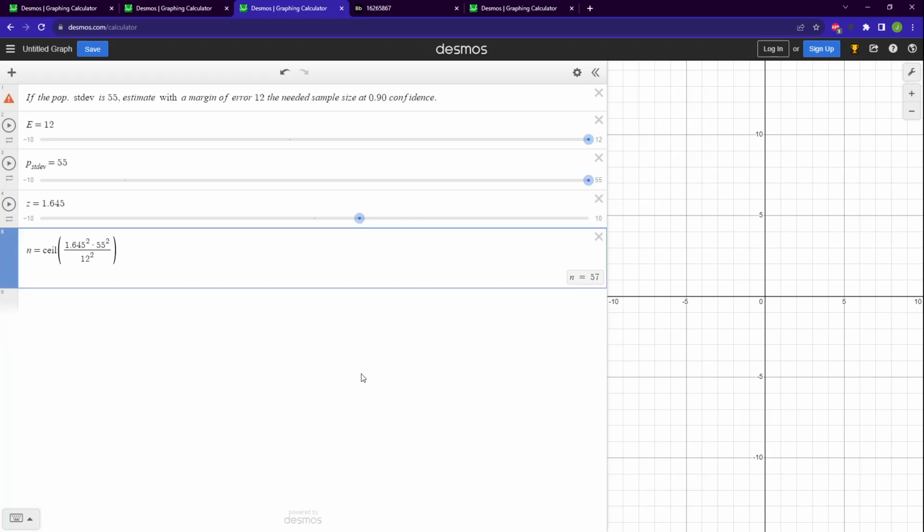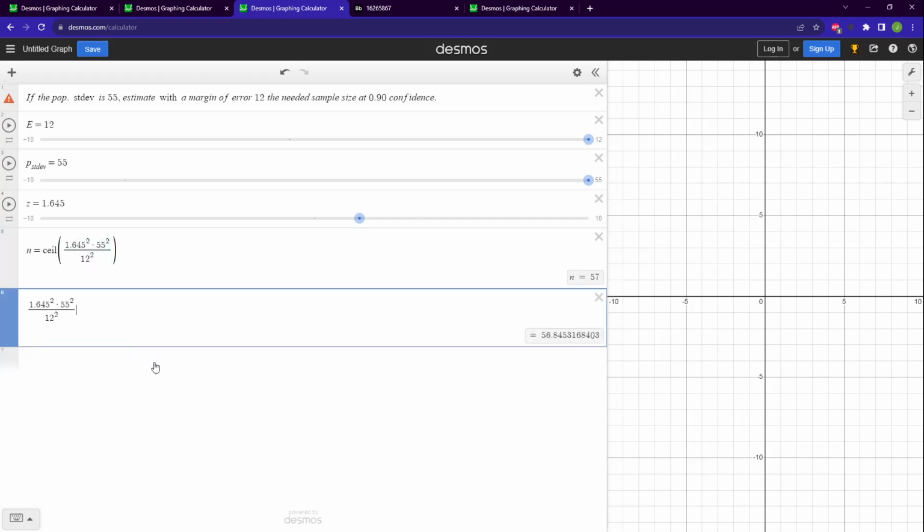So all we have to do is pass in our inputs of 1.645, we square that, 55, square that, and divide that by 12 squared. If you took this and you brought it out on its own, we'd have an answer of 56.845. So at this point, you might ask two questions. Number one, well, it's rounding up to 57 anyways, so why couldn't we just put